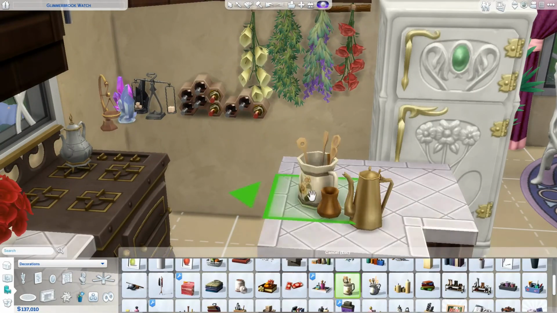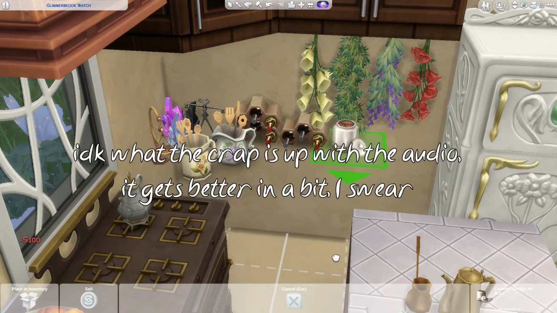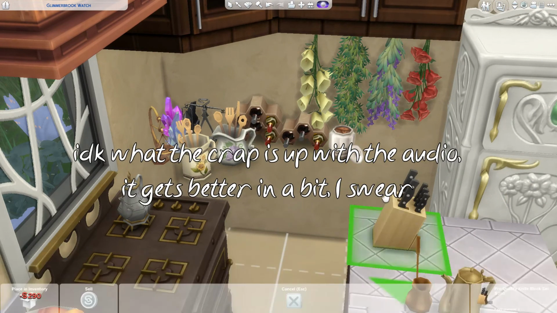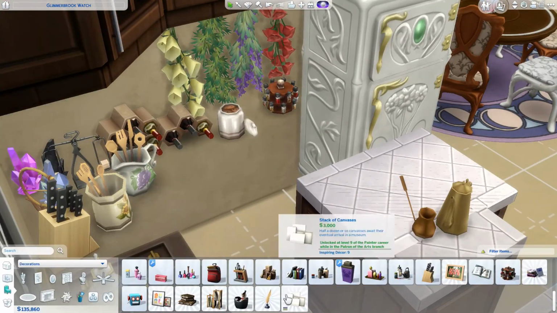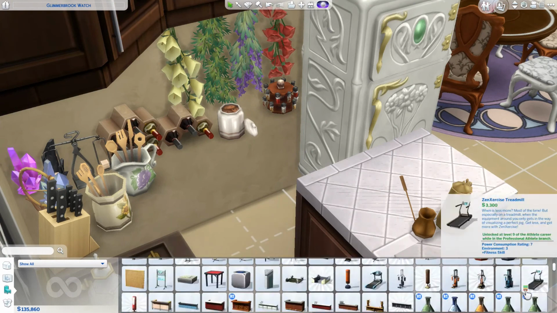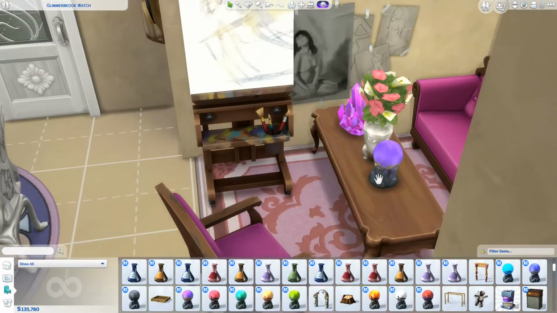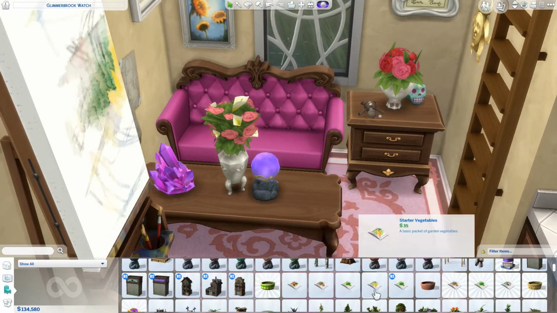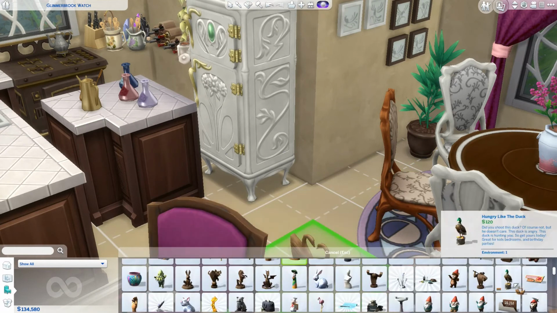So here I am cluttering up the kitchen. I really like the kitchen clutter in The Sims. I think they have some really nice items that can really make a house lived in. And I also feel like the kitchen is one of the most important places in a home to make it feel lived in, because you'd be cooking there and eating and stuff like that. Anyway,